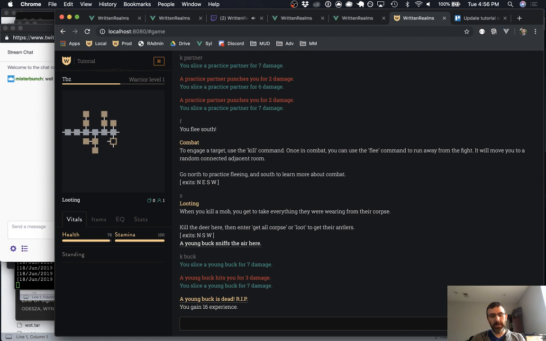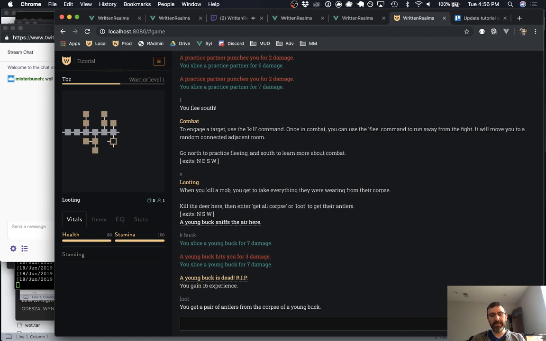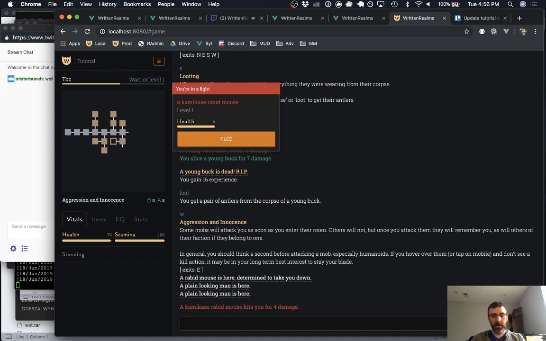Down here, we want to teach people that mobs sometimes have things that are valuable, like in this case, a pair of antlers. Don't know how valuable that is, but it is something. And here,